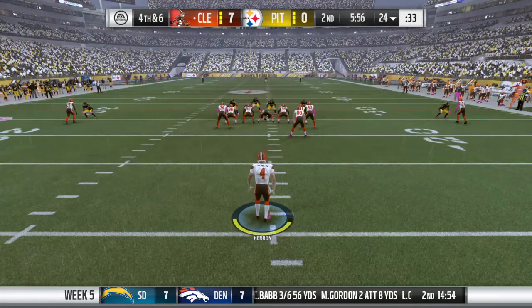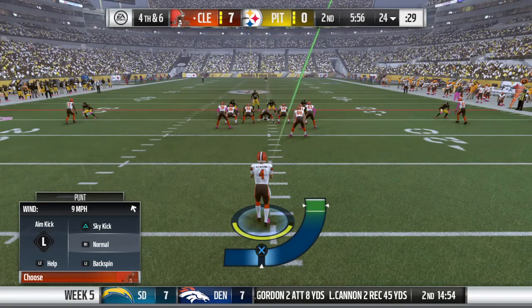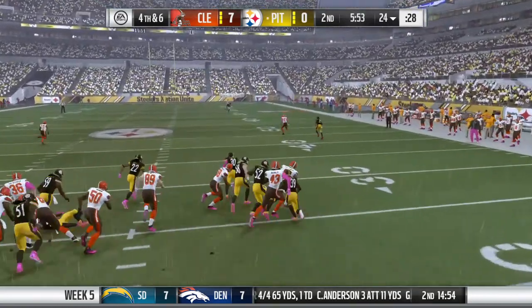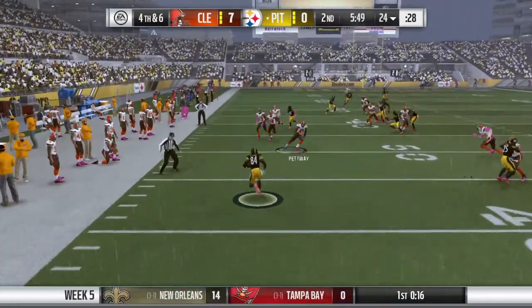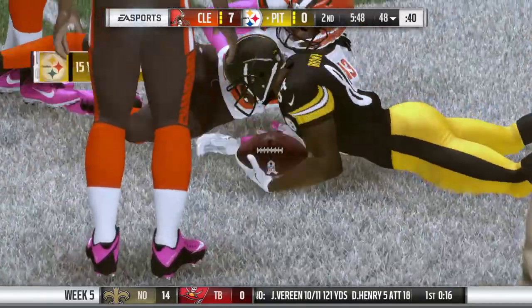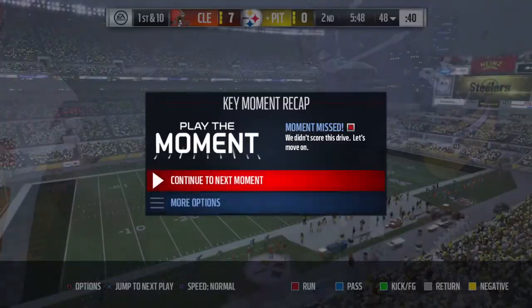The Browns send out their punter now. Back deep for the Steelers, Antonio Brown. Look at the spin. Balance. Well, he wasn't too far from breaking that. Officially, give him 15. And the Steelers are...